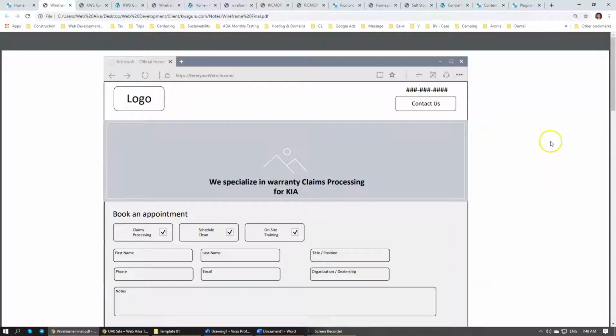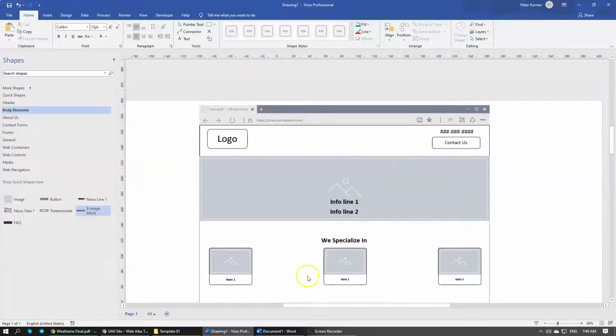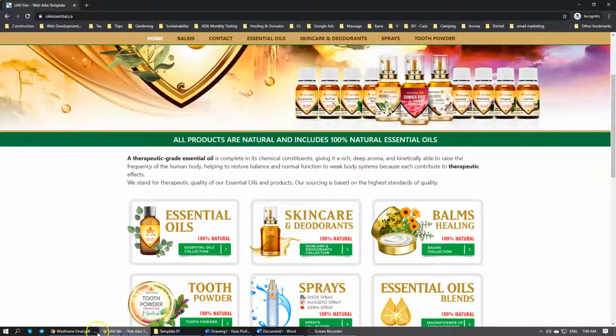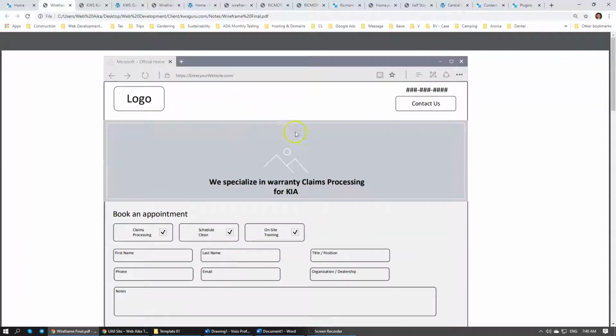Once you compile content, the next element is to assemble a wireframe. And for the wireframe, we use Visio Studio because it allows us to fairly quickly and easily compile professional looking wireframes. Again, the wireframe looks fairly good. This one, I wouldn't say it is extremely professional because I'm not a professional in wireframing, and I spent 5 days learning Visio,